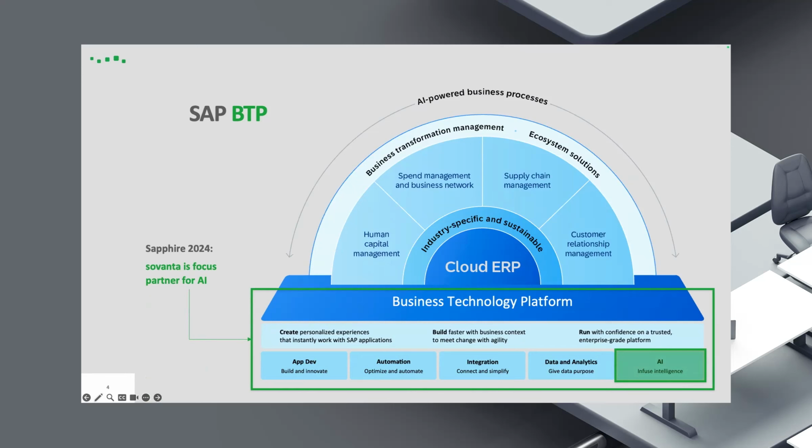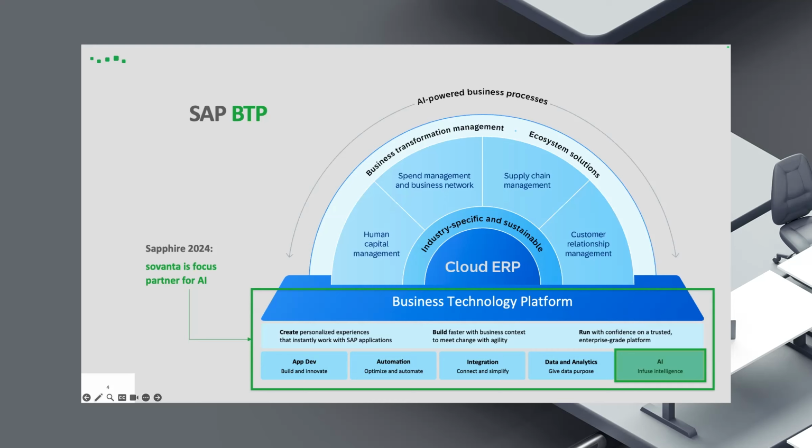You need a platform to build those extensions, and that's why we have the BTP, which is a platform to build innovative solutions additionally to the ERP systems, additionally to your core